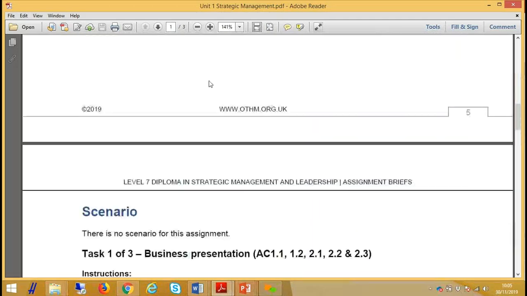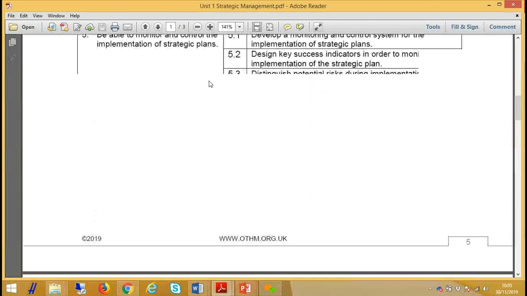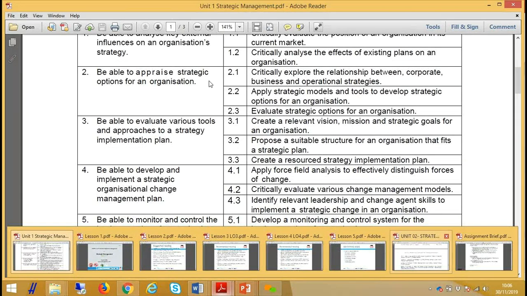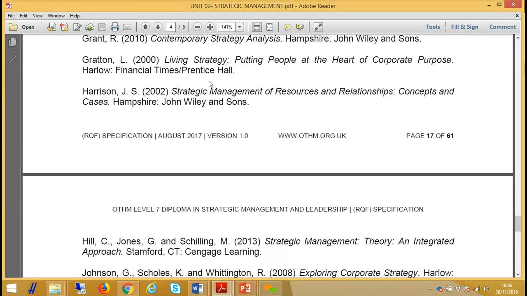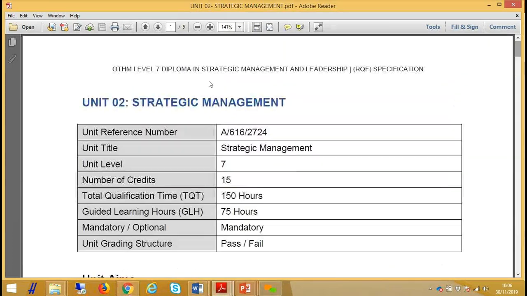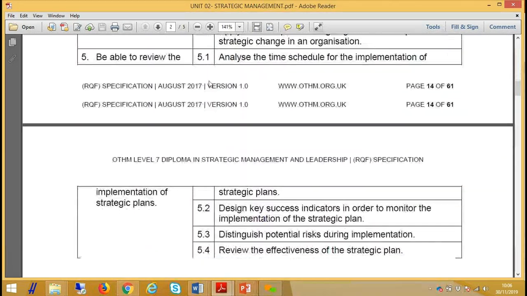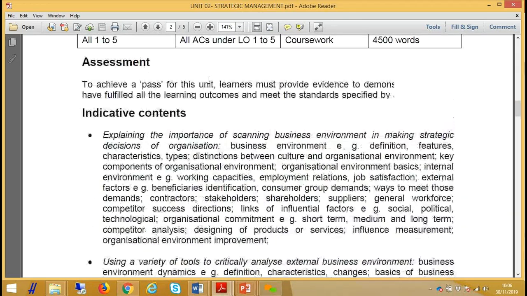Right, so being able to look at the indicative content. So this is the unit. This one, yeah, this is the learning document. So it has 5 learning outcomes. So the first one is